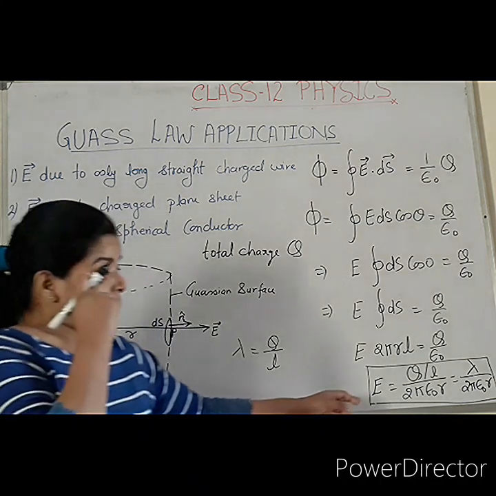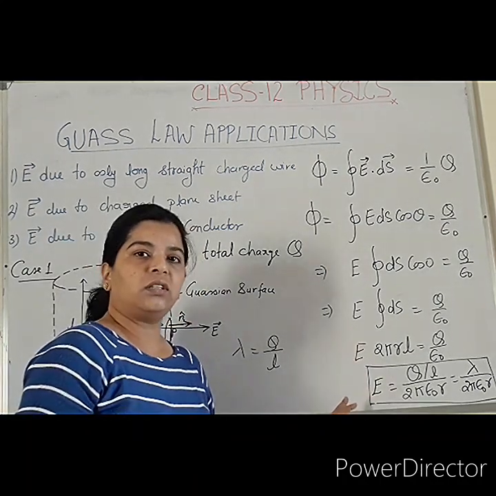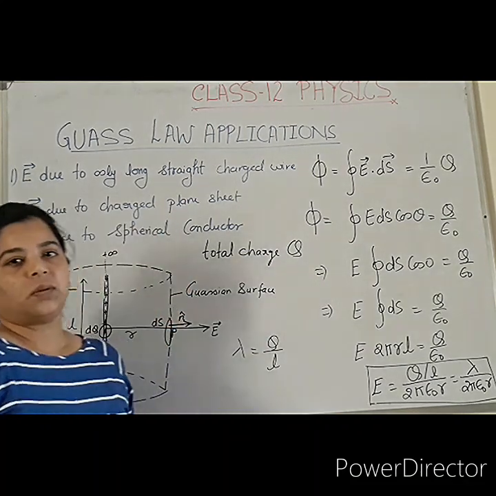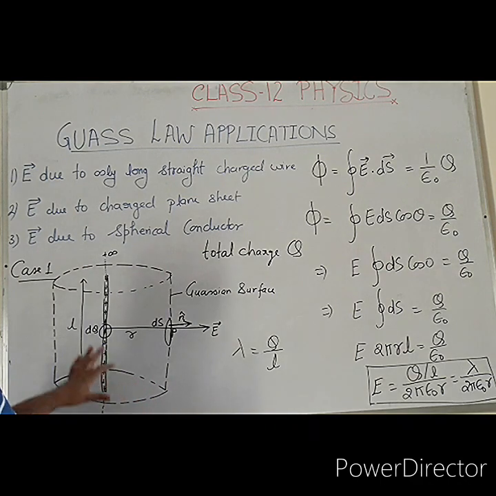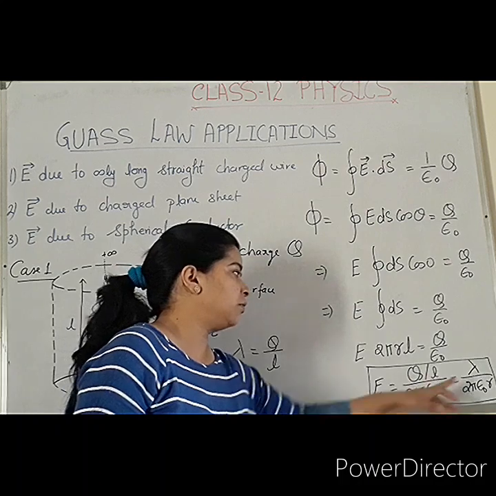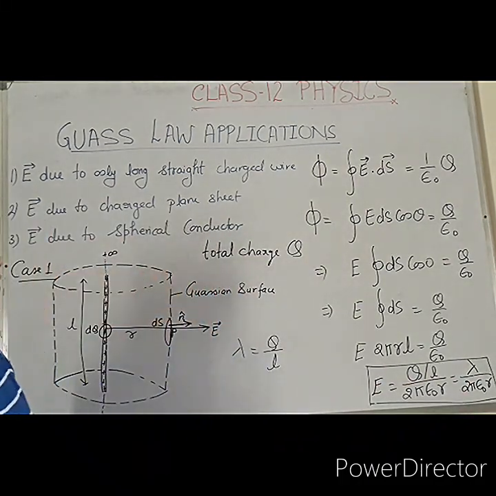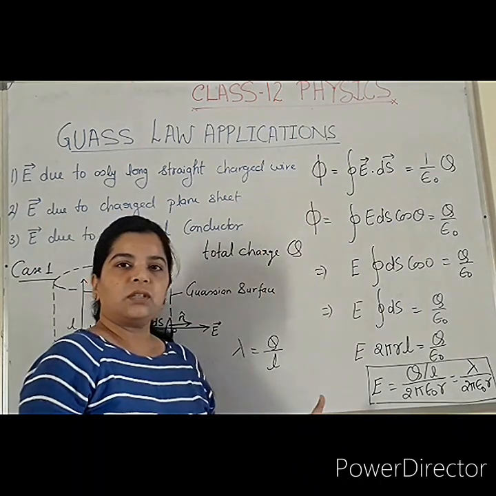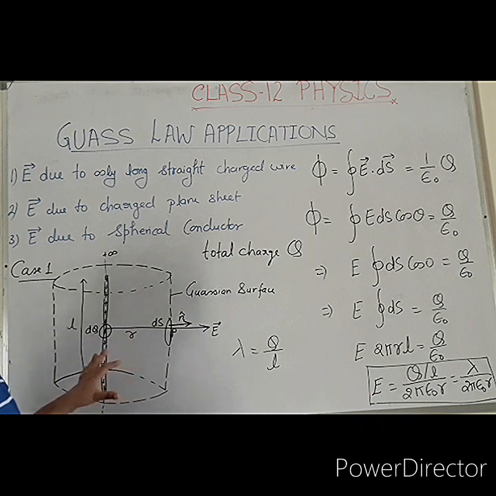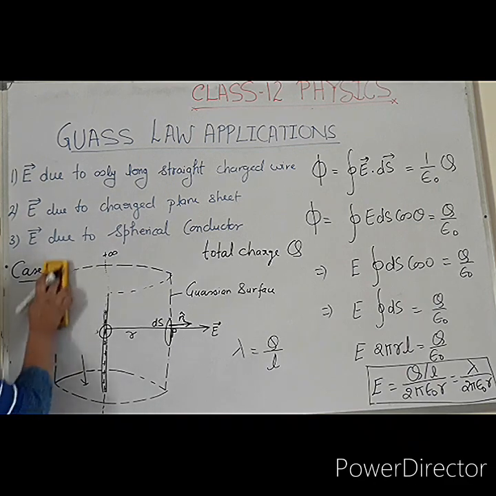But not in the square form. It is not inversely proportional to the square of the distance. It is only inversely proportional to the distance. So that is why there is not much non-linearity of the electric field over the r value. So you must learn this formula, and you can see the steps are so simple here using Gauss law. That is the importance of Gauss law. So this one is case 1, and now I will take case 2.